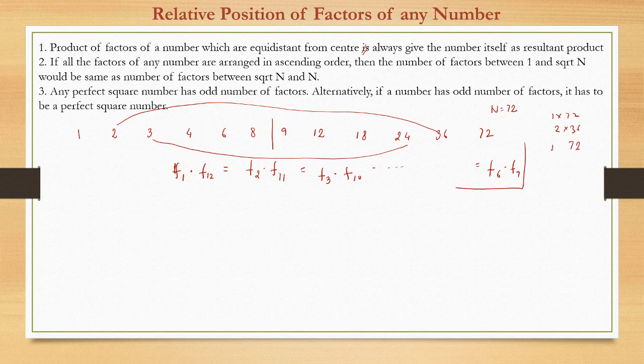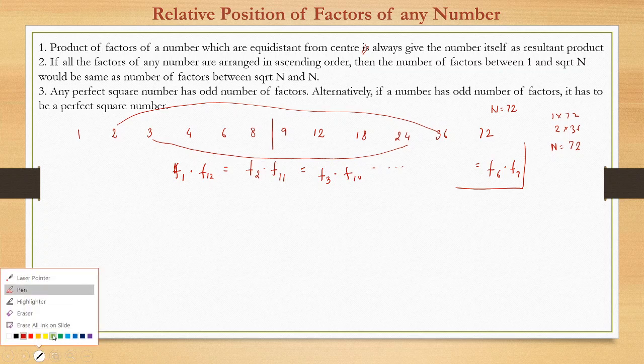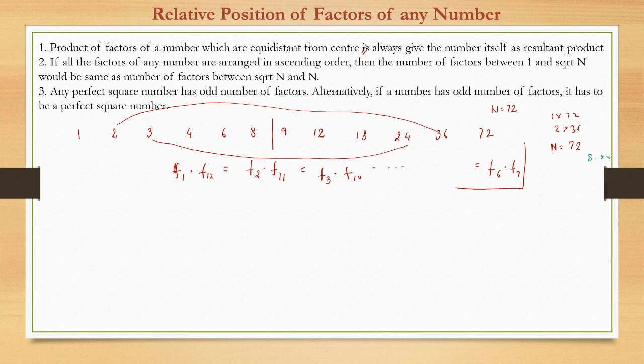If I have to write the factors of 72, I used to tell that first we'll find the square root of 72, which is 8 decimal something. So we'll go up till 8. So we check 1 into 72, then 2 into 36, then 3 into 24, then 4 into 18, 6 into 12, then 8 into 9. So we will check only up to 8. Further numbers will actually be repeats or would have appeared in the second part of the factors. So we need not go further. So it says the same thing.